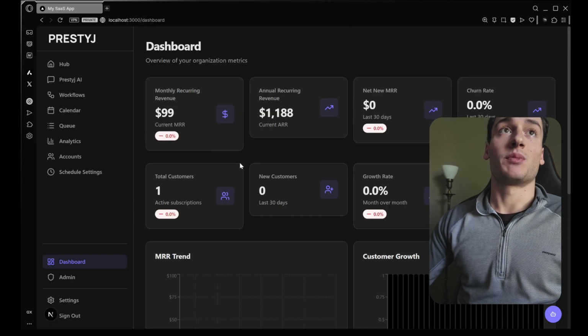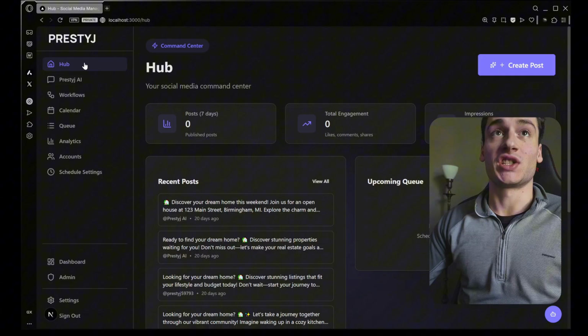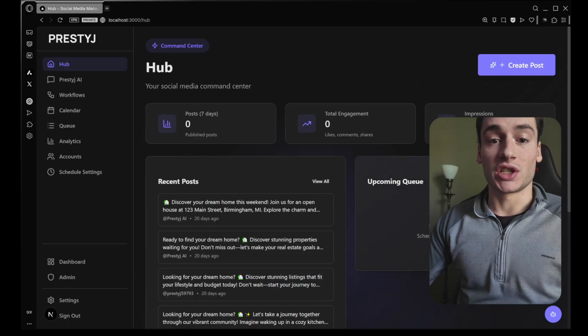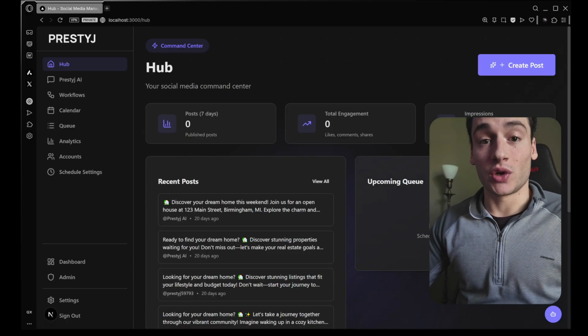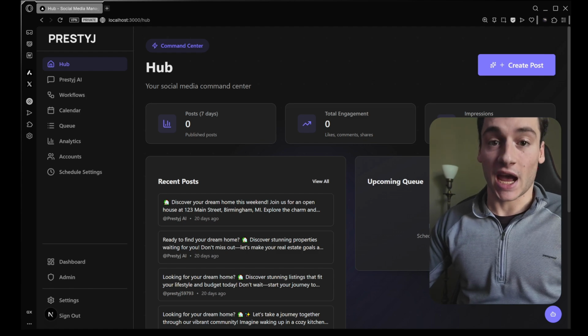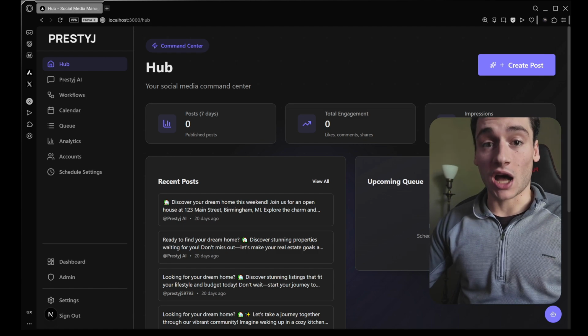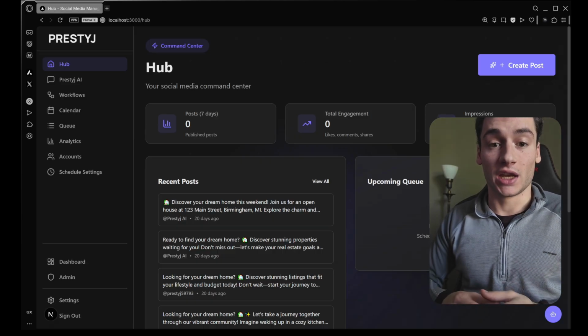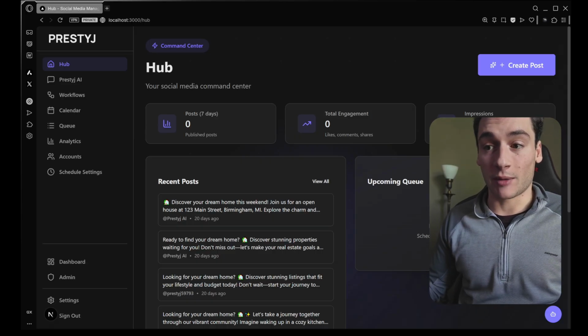We have nice dashboards to track all of our SaaS statistics, nice dashboards for our users to track all of their social media stuff, AI integration, all the works. Today, I'm going to show you how I built it and how I like to prompt Claude Code so that we can get actual production ready, high quality results that don't look like everybody else's vibe coded apps that are